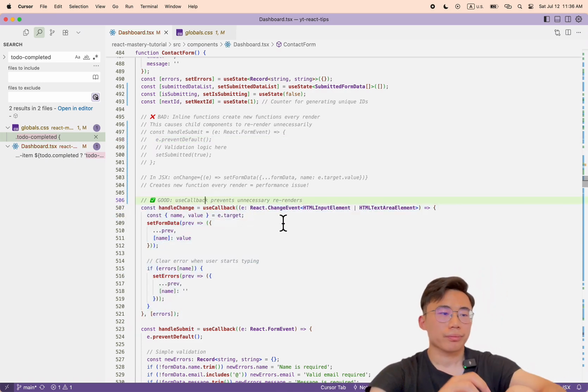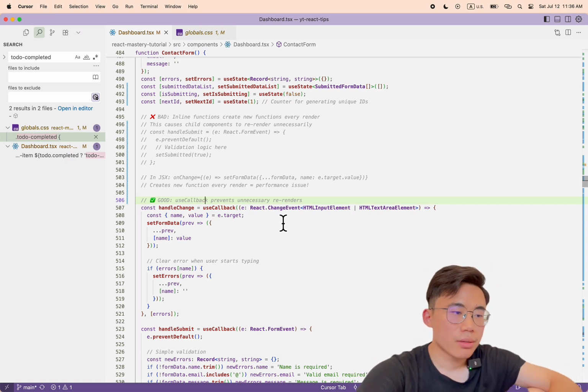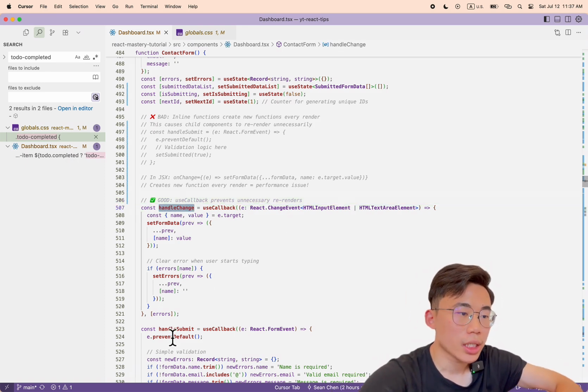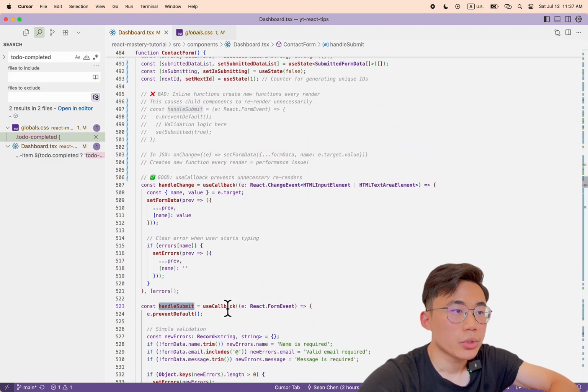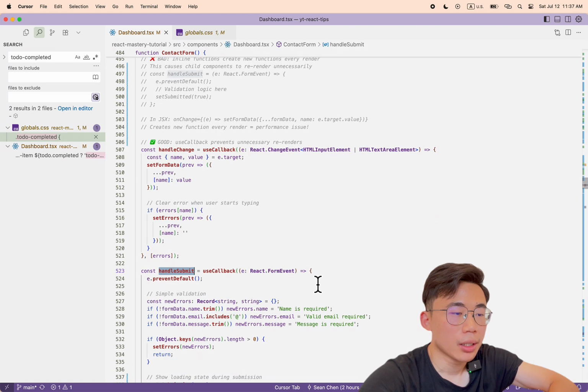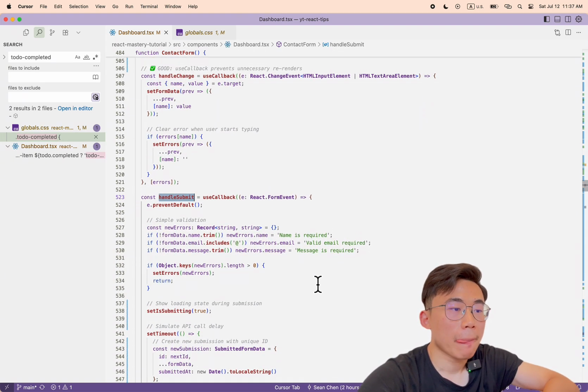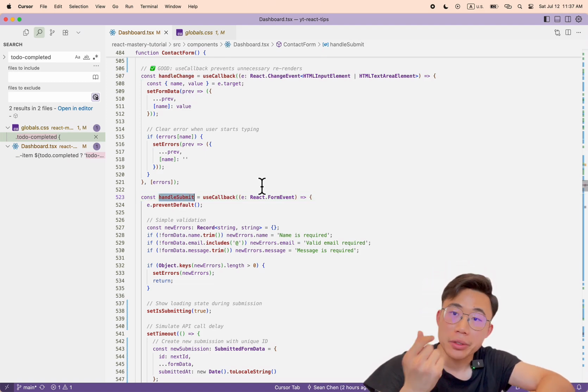So the idea is basically for handle change and handle submit. Okay, here is a handle submit, which is the example that I wrote here, but there's not enough details there. What I wanted to say is that for these functions, because users are going to keep using them,